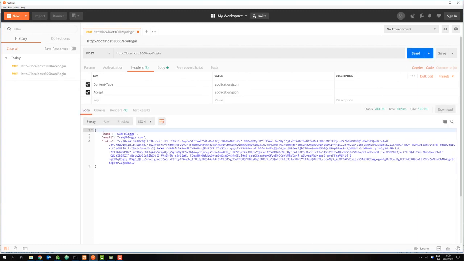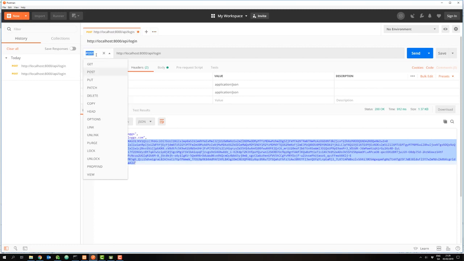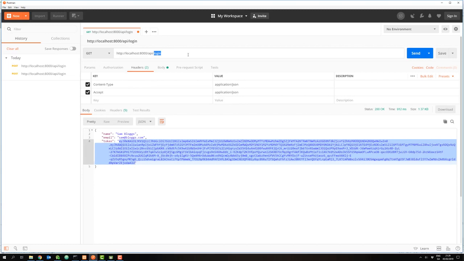I get back a response which will include a token if we manage to log the user in correctly, and then that token can be used for authenticating this user on subsequent requests. So for example, if I copy this, I can now send a request to get some data. Let's say I want to get data from the database, a list of all the courses that are stored in